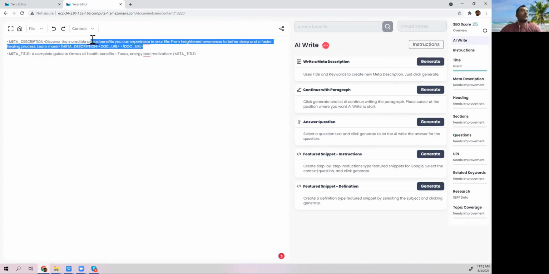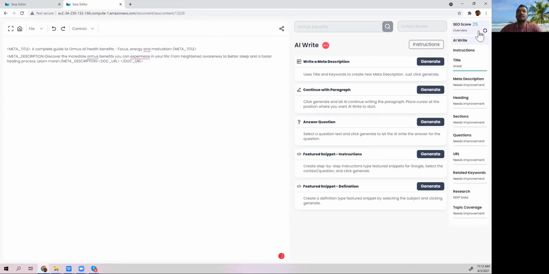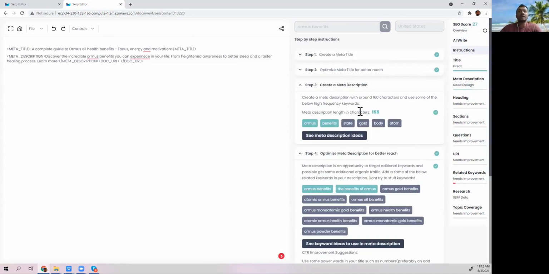And okay, so we have a meta description, pasted it here, and let's see how it ranks. So it's good enough, it's not great, and it's because it's not targeting state, gold, body, and atom in it. So now you can go and change this around and add state, gold, body, and atom. This is GPT-3. It's using GPT-3 to learn from existing SERP data and create its own version of meta description. This is more powerful than just throwing a couple of keywords and saying, hey, create content for me. So just to clarify again, this is using SERP data to feed it in and train it live. And then GPT-3 is giving us a live description based on what the post is about.